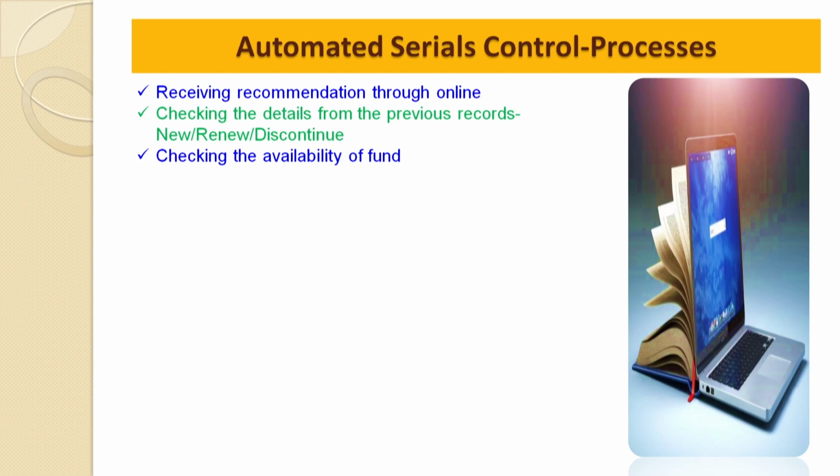If it is available, then you have to check the duplication, whether it is already available in the library or not. We need to check also last year's experience, that means whether this publication has come on time, whether the publisher is established, whether they are publishing and supplying on time, whether you are getting all the issues, whether you have any missing issues, and if there are missing issues, how they are responding to communications and claims, and how they are refunding the amount. All these procedures have to be checked. Once you feel that everything is going well and this journal is okay,